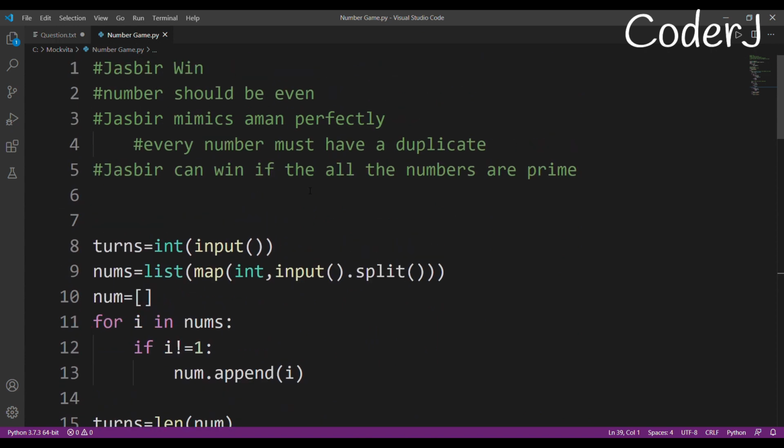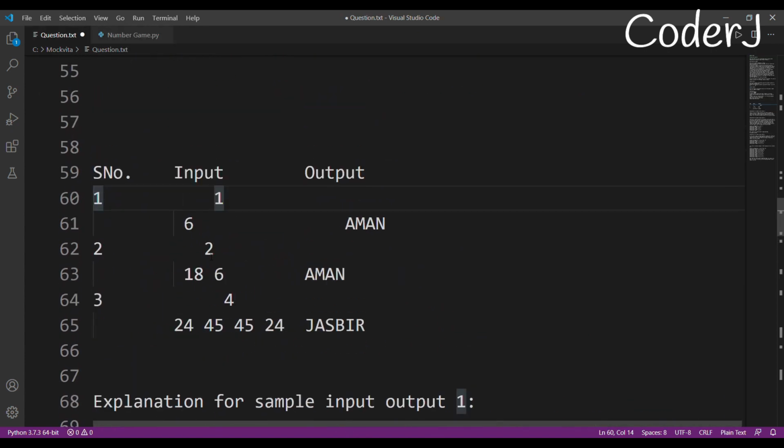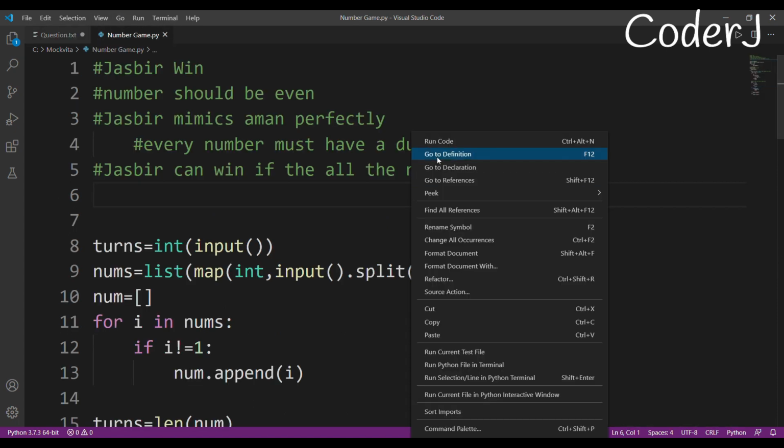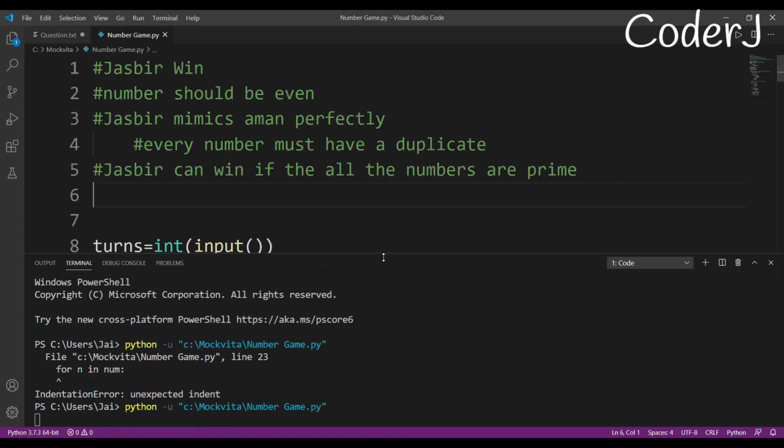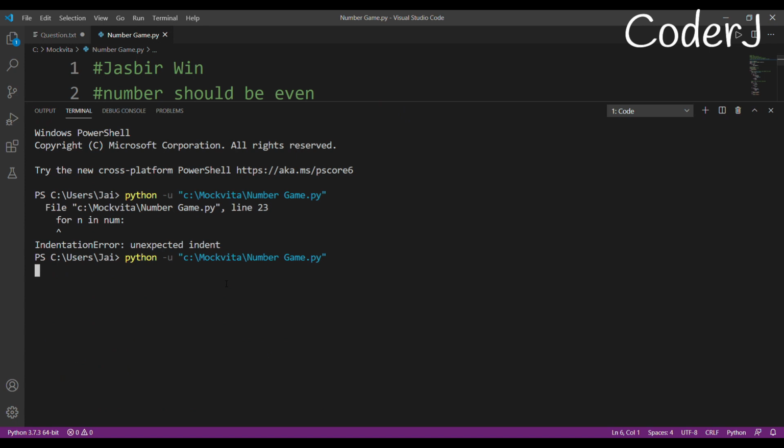I think I'm done with my code. I'll now try to execute it. What are my test cases? 1, 6, 28, 16. Now let's execute our code. With 1 and 6, Aman wins. Great. What about the second test case? 2, 16, and